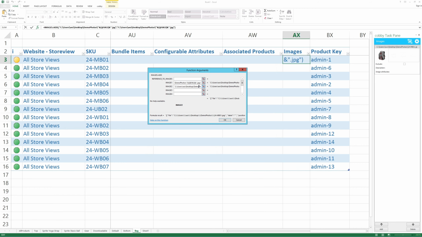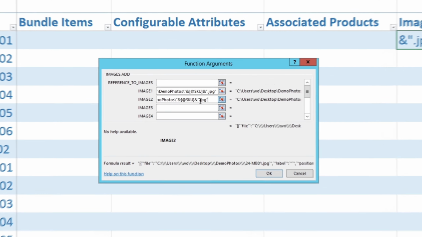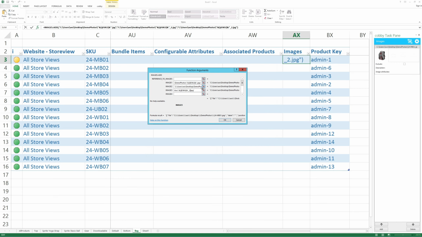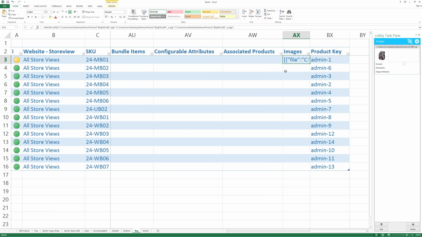We can just go all the way to the end and add _1, copy the whole thing, paste it in here, exchange it for _2, and we can go on for as many images as we have. Click OK, and if we click back into the cell, you can see that now every image is displayed.